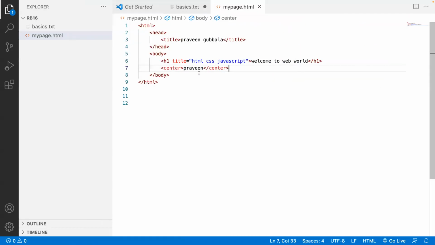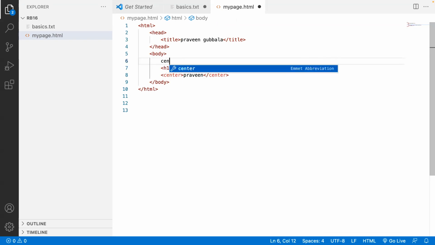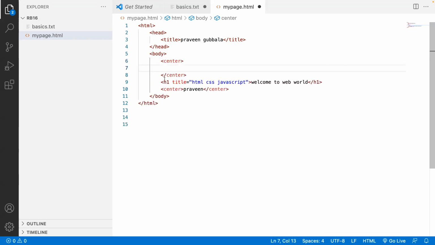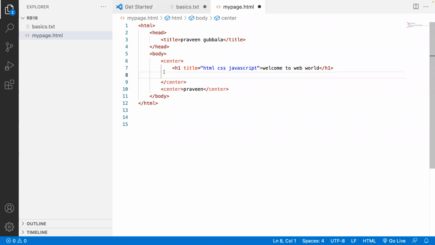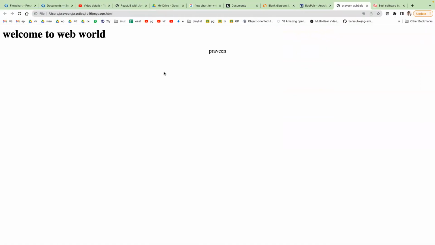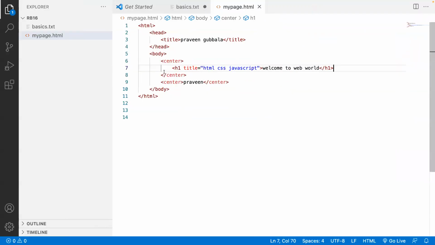What happens if I apply the center element to H1? If I keep H1 in the center, now it is like this. If I keep the H1 element with content, everything inside the center element, then center will be applied as well as H1 will be applied to welcome to web world.